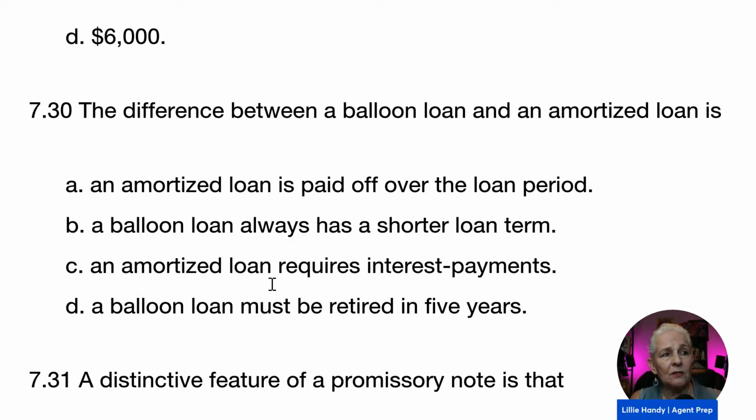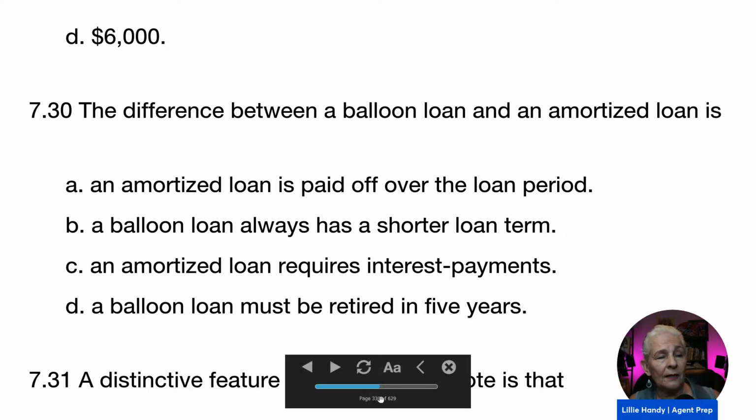So an amortized loan requires interest payments. And let me see what the answer says. Amortized loans retire the principal balance over the loan period. If a loan does not do this, one must make a balloon payment at the end of the loan term to complete the loan payoff. So amortized loans, the majority of them do have interest. Actually, all of them have interest, okay? However,